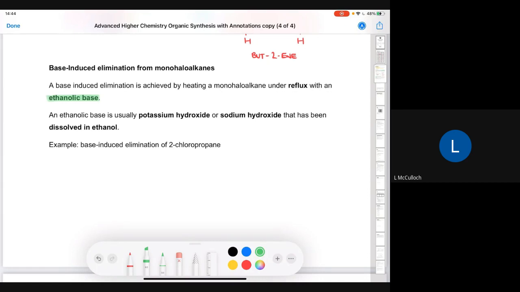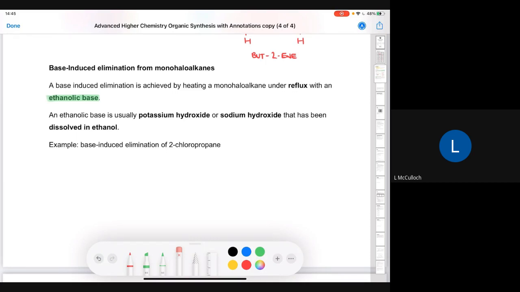So, an ethanolic base is usually potassium hydroxide or sodium hydroxide, so those are both bases, that has been dissolved in ethanol. Okay, so we don't dissolve the potassium hydroxide or the sodium hydroxide in water. It's not like potassium hydroxide solution or sodium hydroxide solution. It is potassium hydroxide dissolved in ethanol, or maybe even sodium hydroxide dissolved in ethanol. It wouldn't matter which one you used. Okay, and our example is a base-induced elimination of